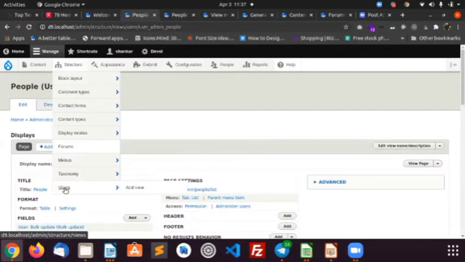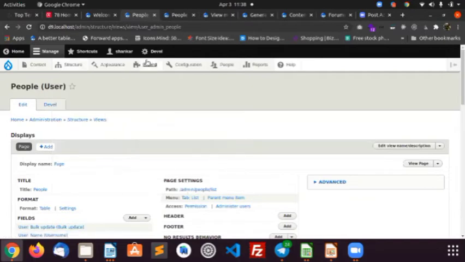Via code you can create a view and render it in an application. That is an advanced topic. As per your project requirement you may explore it, and then you can achieve many things.